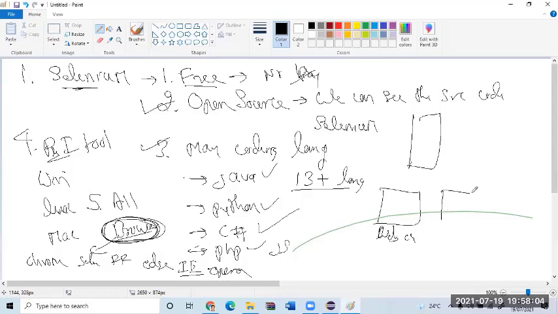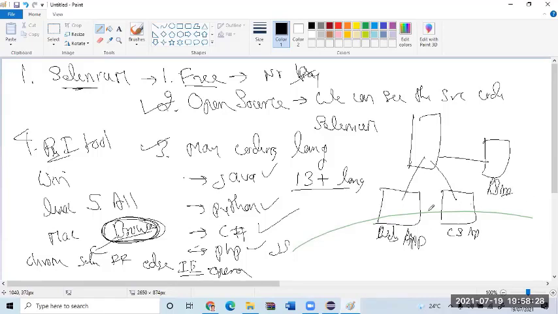Can I install a Zoom application on my desktop and open it? Yes, that becomes a client server application. If you open it in a browser, it becomes a web application. Can I open Zoom on a mobile phone? Yes. Is it a mobile application then? Yes.